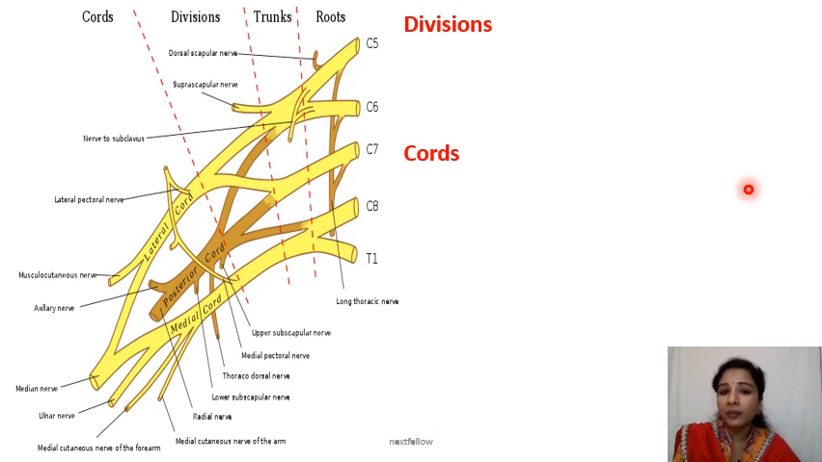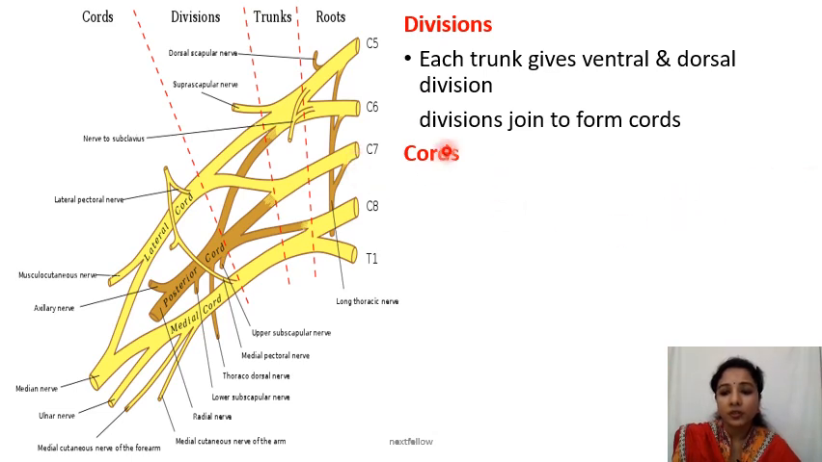And each trunk divides into divisions. There are two divisions from each trunk: one is the dorsal division, the other is the ventral division. This is the ventral or anterior division, light yellow, and the dark one is the posterior or dorsal division. This is ventral, dorsal. So each trunk gives rise to ventral and dorsal divisions, and these divisions join